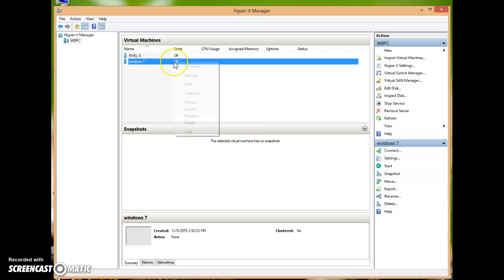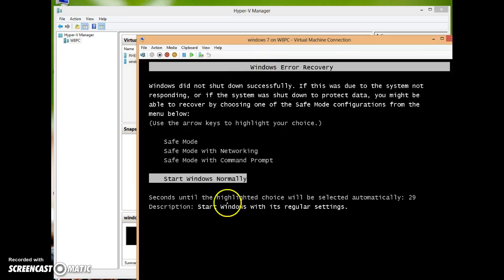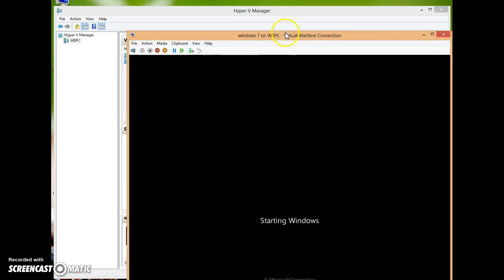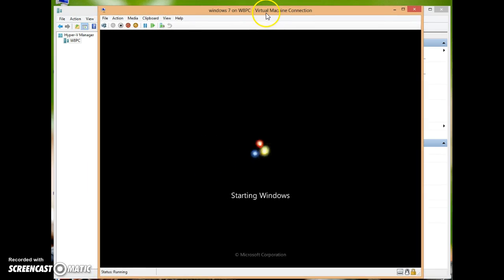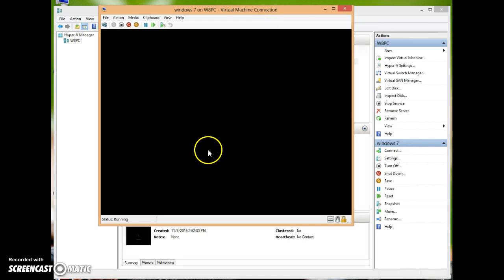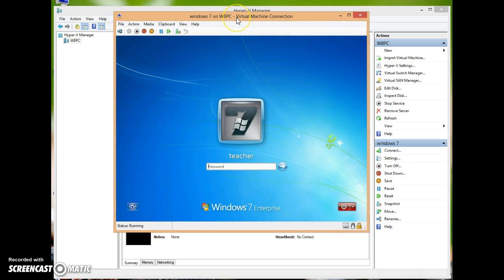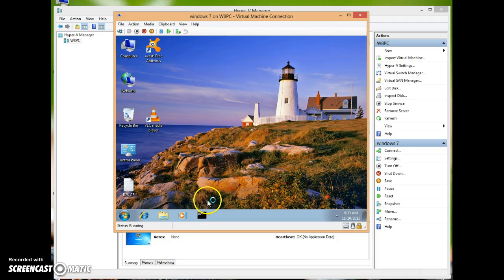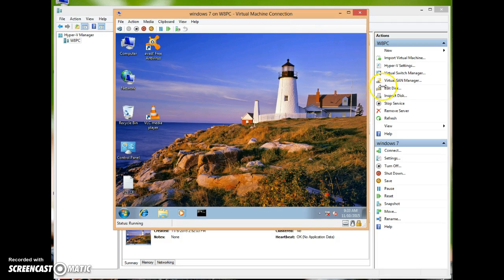So let me start this machine. Connect, start. This is a Windows 7 computer. I'm going to pause the video to start the operating system. Once it opens, there you go. So I'm not going to pause the video here. I enter the password, and then I'm going inside the machine. So this is my virtual machine